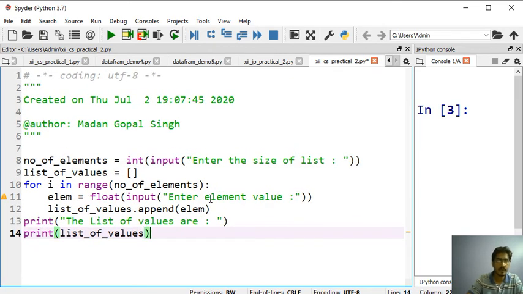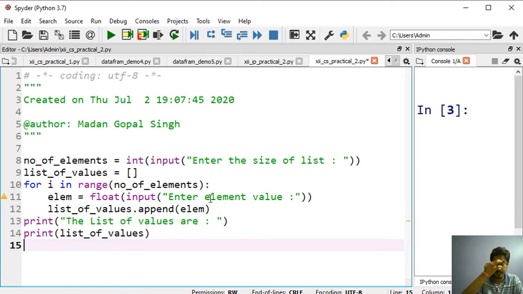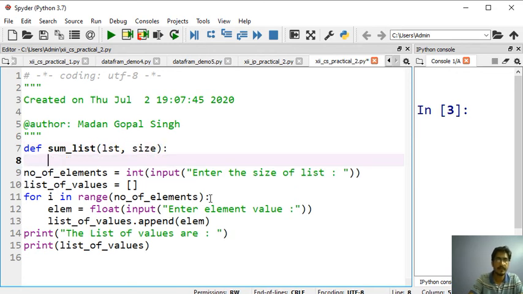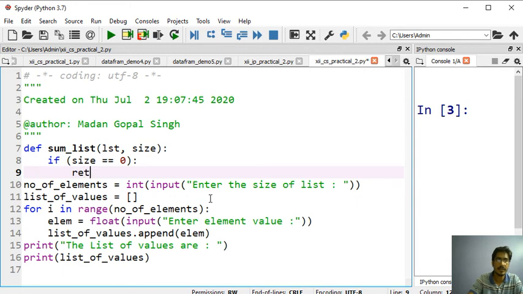Okay, now we will write the code to calculate the sum. So I am creating the function def sum_list, and I am passing the list as input and size as input. And then if size equals 0, then what we will do, return 0,